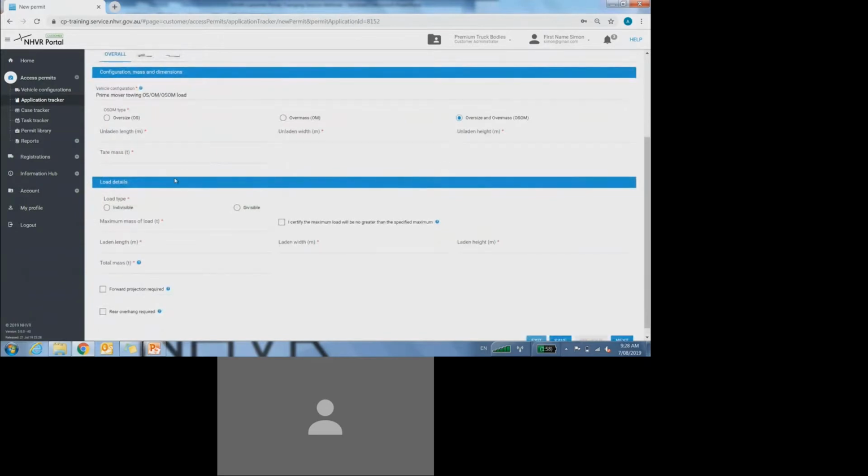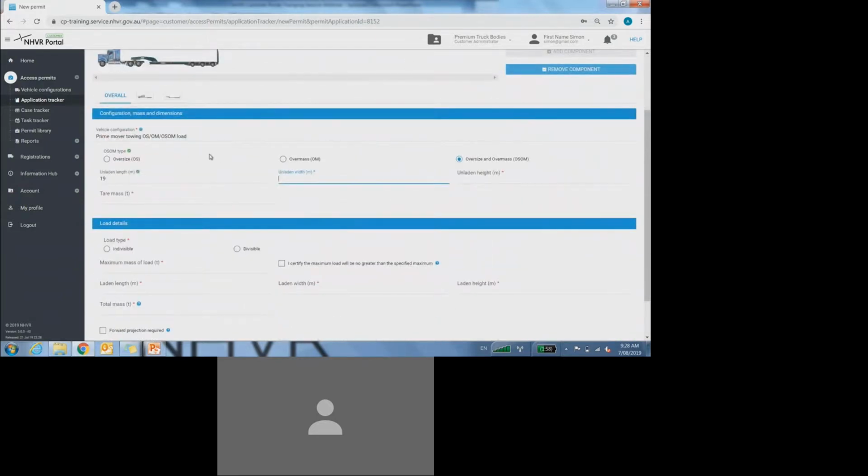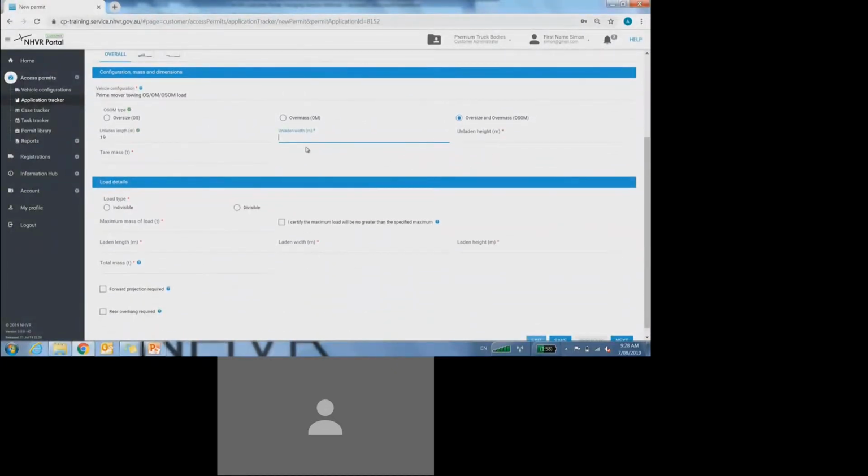breakdown. Now bear with me, I'm just once again going to complete all of these mandatory fields with a bit of fake information just off the top of my head. But essentially, as long as you've selected the correct vehicle diagram up here, you've selected the correct oversize, overmass, or oversize and overmass, you just need to continue now and complete all of the mandatory fields. So for unladen or unloaded,